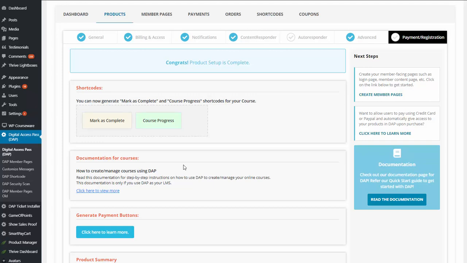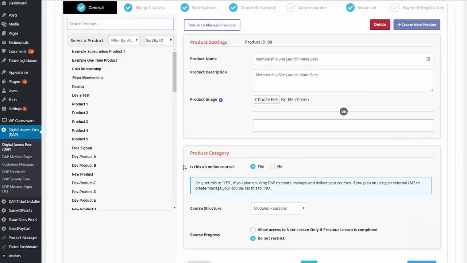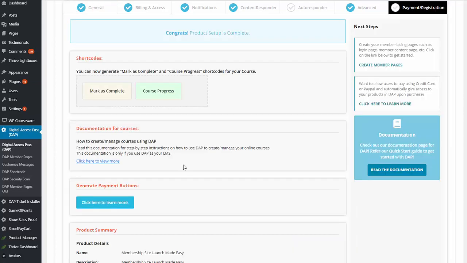So mark as complete, you can generate this and publish it towards the bottom of your lesson pages. And what will happen is when users complete each lesson, they will see the button there that says mark as complete. That is a completely customizable button. I'll show you how to do this. And when they click on it, it will only then allow them to proceed to the next lesson. So they cannot skip lessons. And that is only if you select this option in the general tab where it says allow access to next, only if they complete the previous lesson. So if you set this and you publish a mark as complete button towards the end of each lesson, they can only go to the next one when they click on the mark as complete button,